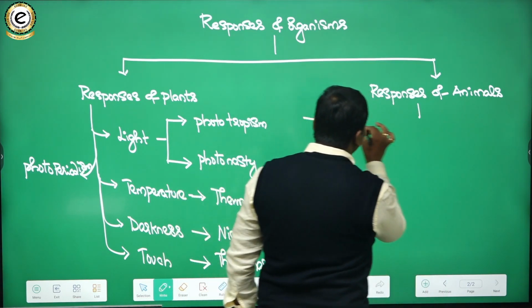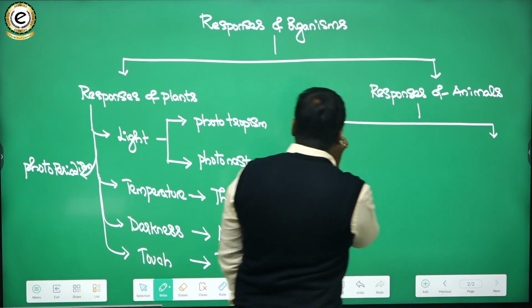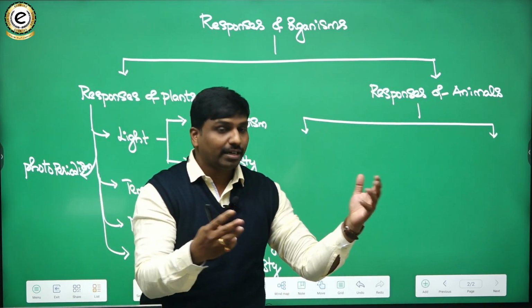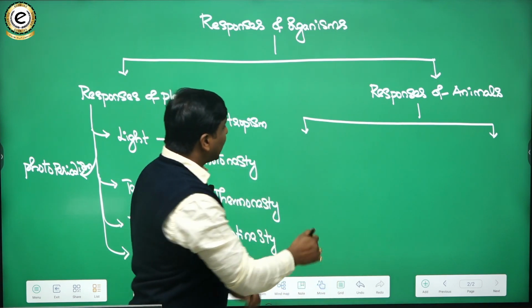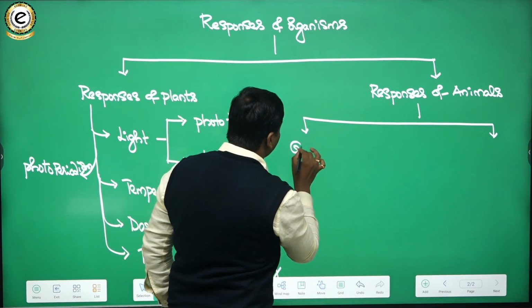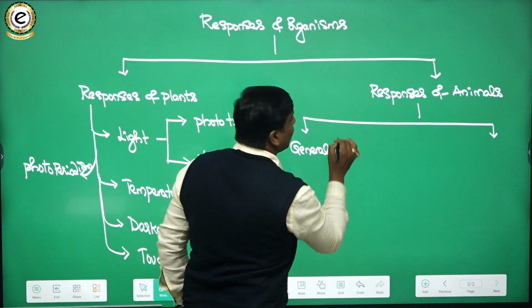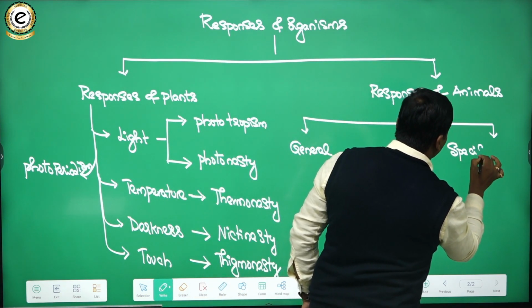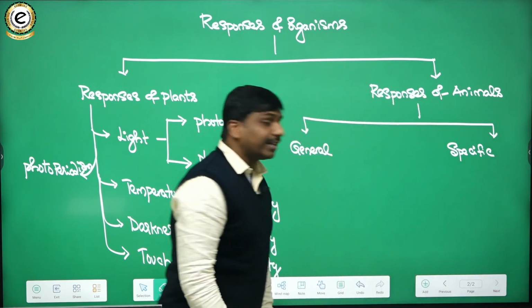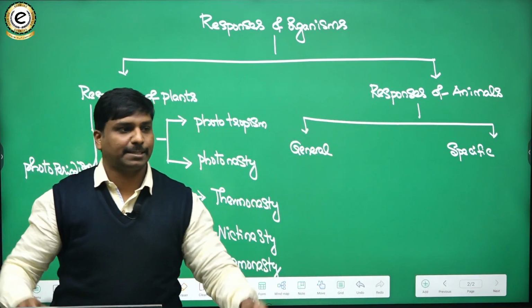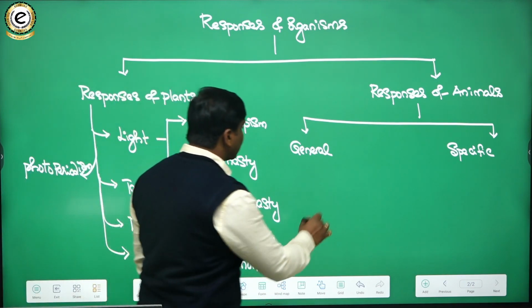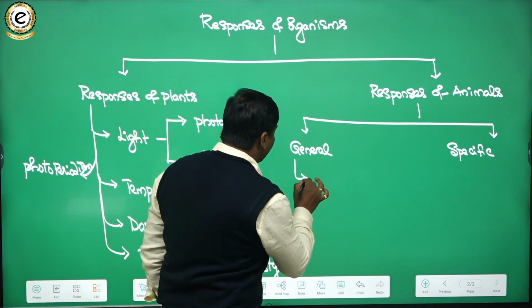So if you look at the responses of animals to various abiotic factors or the physical environment, we can summarize them as general responses as well as specific responses. General responses will be there and specific responses also would be there. Okay, so what are the various general responses? So we have things like